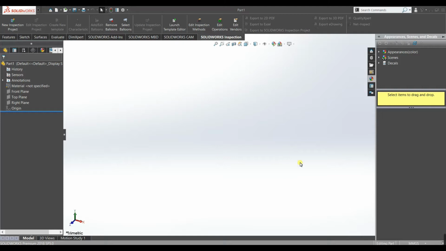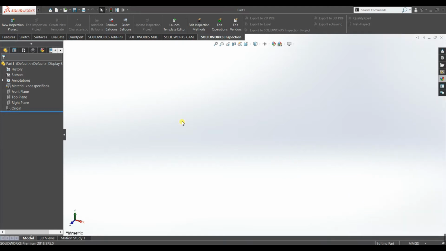So first of all we will define the unit system. If you open SolidWorks for the first time, it will ask which unit system you want to begin with. There are different units, for example, you can see here. Once you select that unit system, that will be your default unit system. But don't worry, we can change the units at any time.